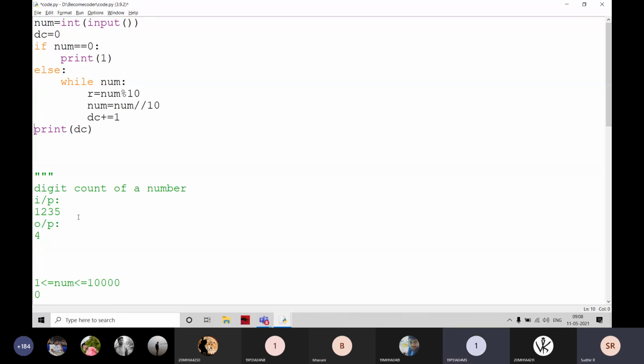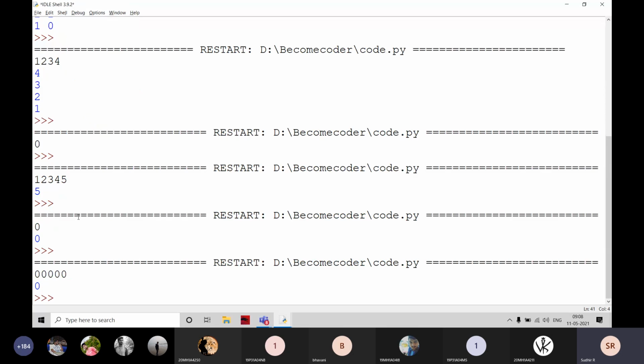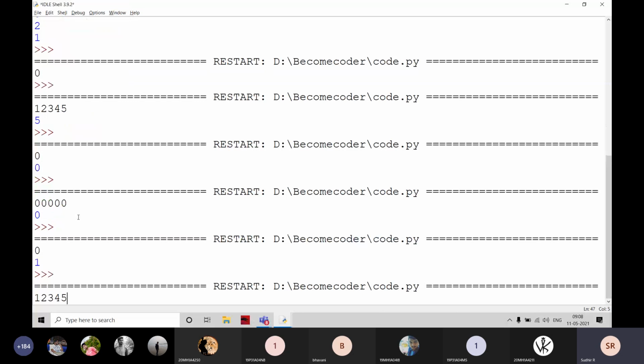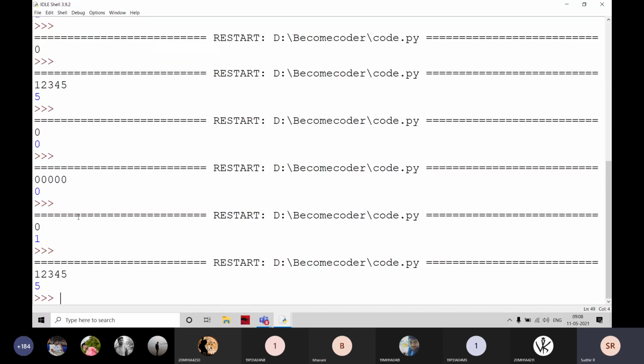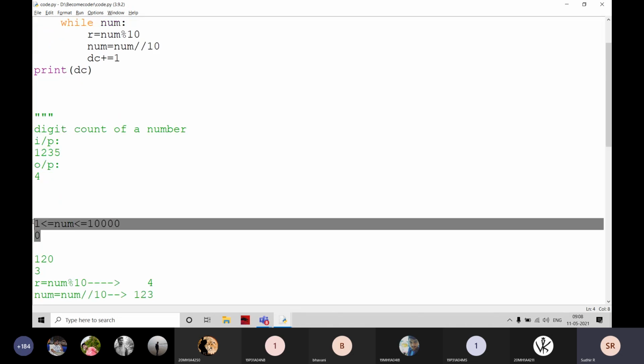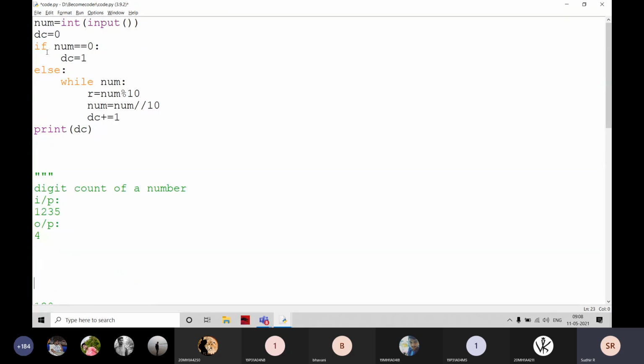Instead of this, I'm going to write DC equal to 1, and that is enough. If I execute like this, if it is 0, it is going to be 1. If it is 1 2 3 4 5, it is going to print 5. Like this, we write the program based on the constraints only. If the number is 0, then we write like this. That is some boundary case. That's it, nothing else.